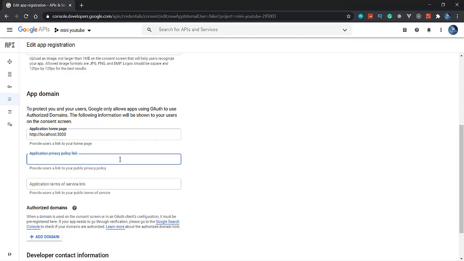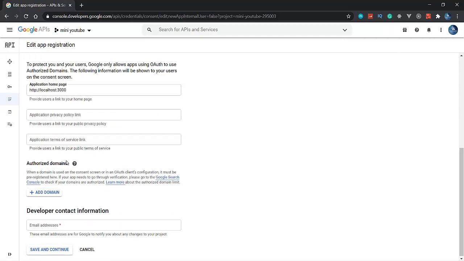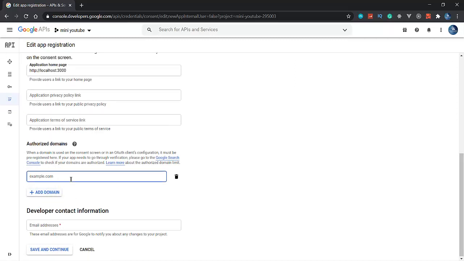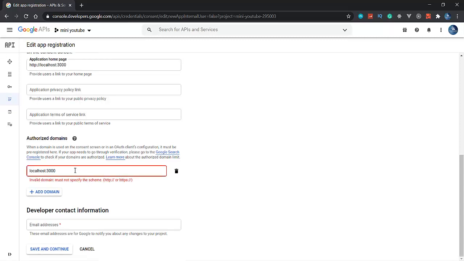After that is the privacy policy link. Authorized domains: HTTP localhost 3000, because our React application will run on localhost 3000.